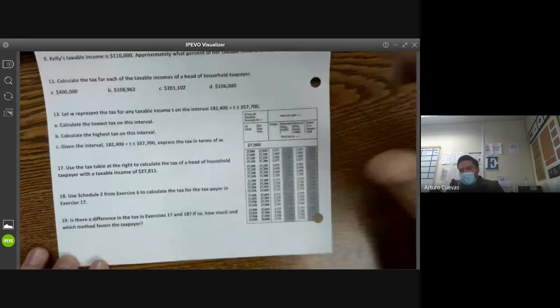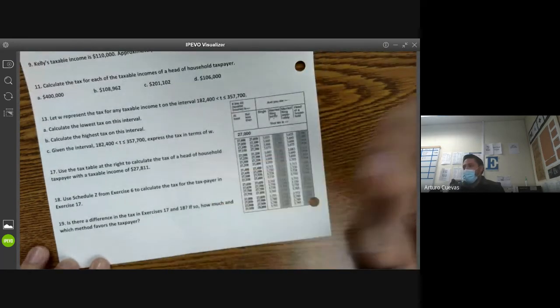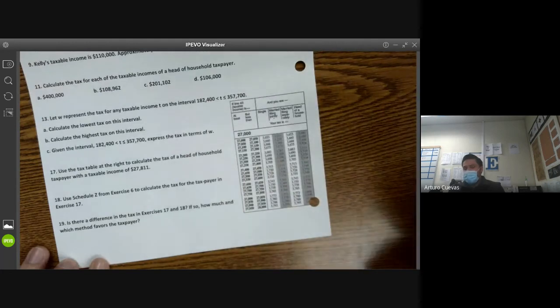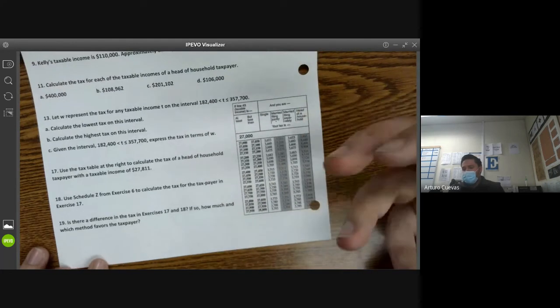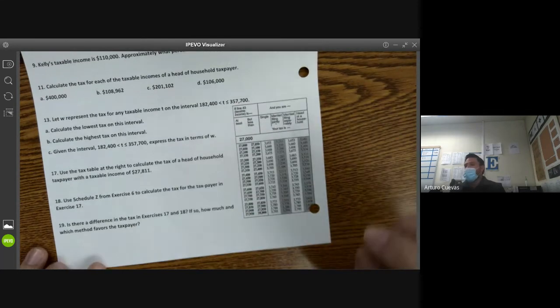Okay. I'm going to be working on an answer key. If you have a question, you can come up and ask me. I am going to ask that you work on this productively. Again, if I notice that you're not working on this productively or you're doing something else, I'm going to make a note.